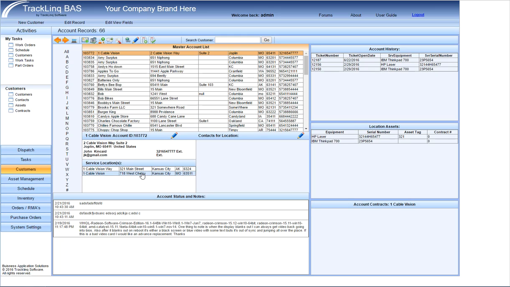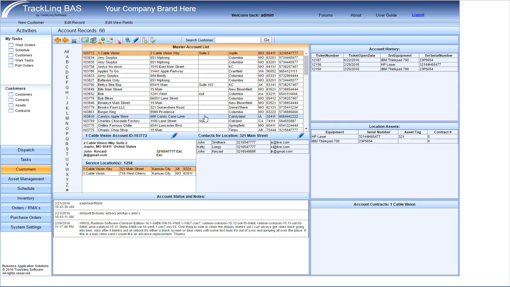And One Cablevision, you have within a customer list, we have our master list of the account, but they may have satellite offices to go along with that. And this particular one has multiple satellite addresses or locations to go along with them. And by selecting each one of these, you'll be able to separate your contacts listed at each one of those particular locations. So you know that Christy is at this location, West Cherry, and she's not located at the other ones. And again, the database is written so that Christy can be at both of them too. It just depends on how you want to put them in. We've tried to keep it open,